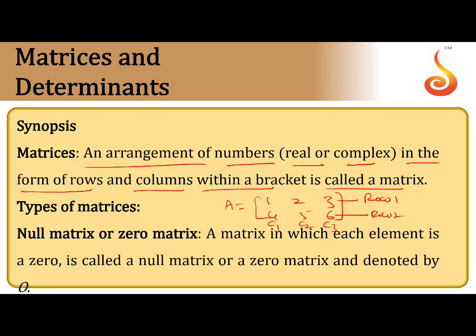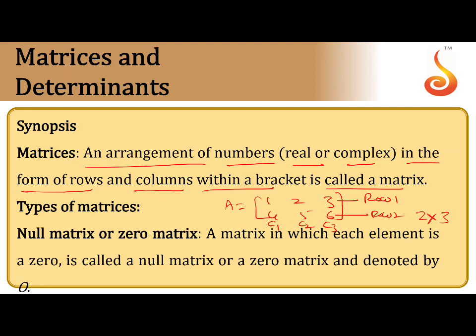If you write the arrangement of a matrix, you want to define the order of the matrix. The order of a matrix starts with rows. How many rows? 2 rows. And 3 columns, so it is called a 2 by 3 matrix. That means the order of the matrix is 2 by 3. Always the number of rows comes first, counted from top to bottom, and columns are counted from left to right. The order of the matrix can be written as 2 by 3. I hope that is clear now. So that is the matrix. I hope everyone knows matrices very well.